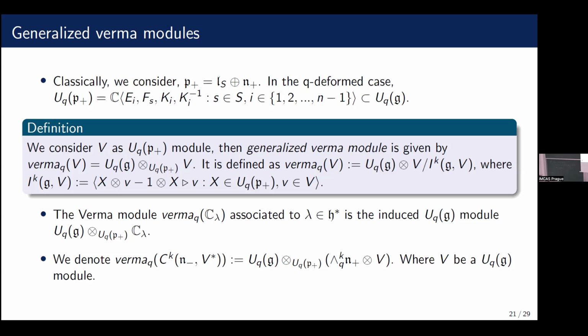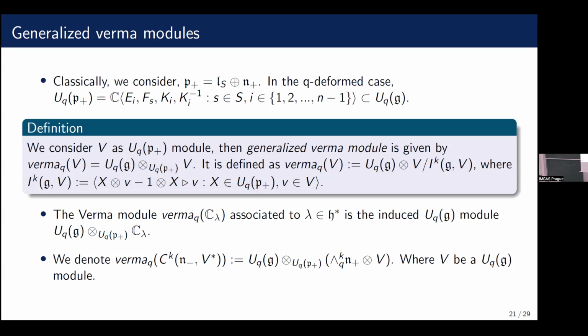geometric picture would be the homogeneous vector bundles. If you take your Lie group G and its parabolic subgroup P, then one can define this homogeneous vector bundle, and this is the algebraic picture on the level of Lie algebras. So this is the way you are basically taking the tensor product UQG and V, and you are considering the relations. Here it is the relation, and then